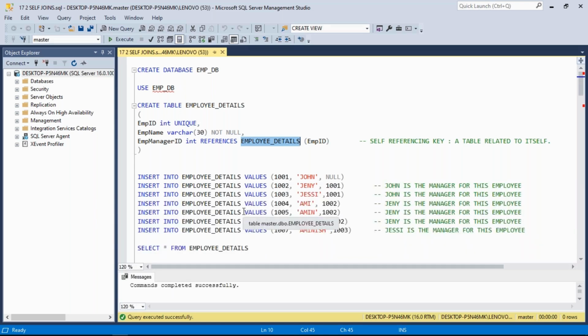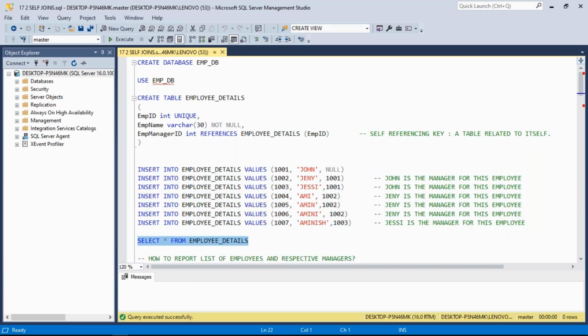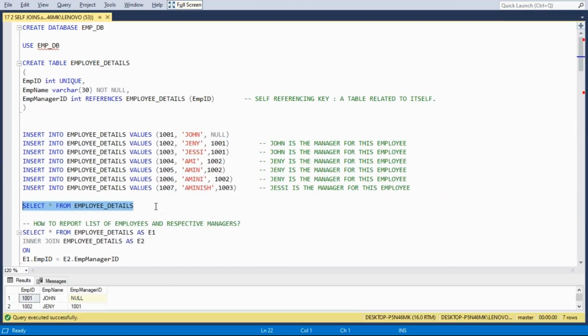Now insert into table name values. Finally, select. Here, if you observe carefully, the output,